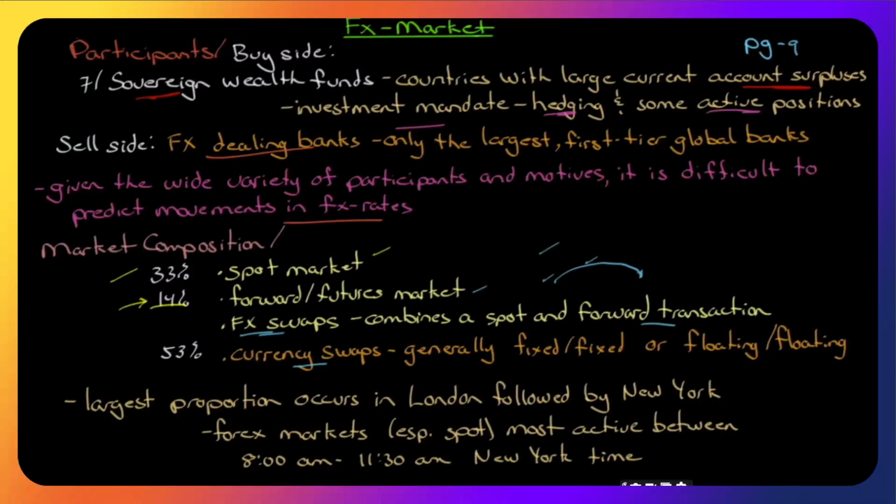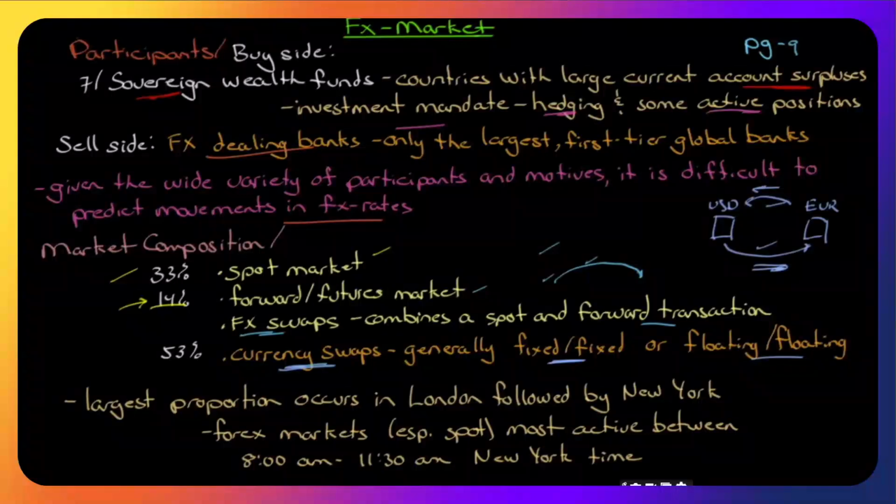For a swap, the way the reading describes it, that is a currency swap, which means that you have a company in one country, a company in another country. Let's say this is in US dollars here, they're in euros here, and the US company wants euros and the euro company wants US dollars, so they will swap currencies and then they will pay each other's interest rate, and then at the end of the period they will swap the currencies back. So the legs here could be fixed for fixed. In other words, I'll pay you a fixed interest rate and you pay me a fixed interest rate, or it could be floating for floating. You'll see more currency swaps at level 2, and then you'll see them applied